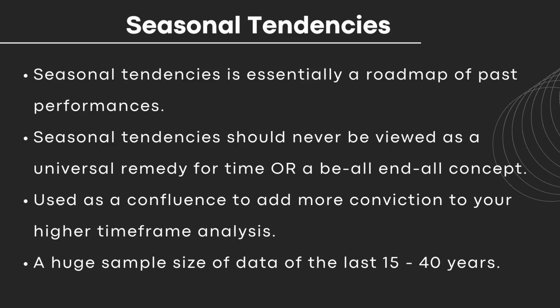But with the help of historical data, we've seen from time to time that these concepts that ICT has introduced, like market profiles, daily ranges, and key levels, right, when they're combined with each other in a proper way, it can help us in finding high probability conditions where we can accurately and precisely predict and anticipate price action with a great deal of confidence and accuracy, right? We've come to those conclusions based on the data that we've collected and based on what price has done in the past, right? And in the same way, we've got this concept called seasonal tendencies,